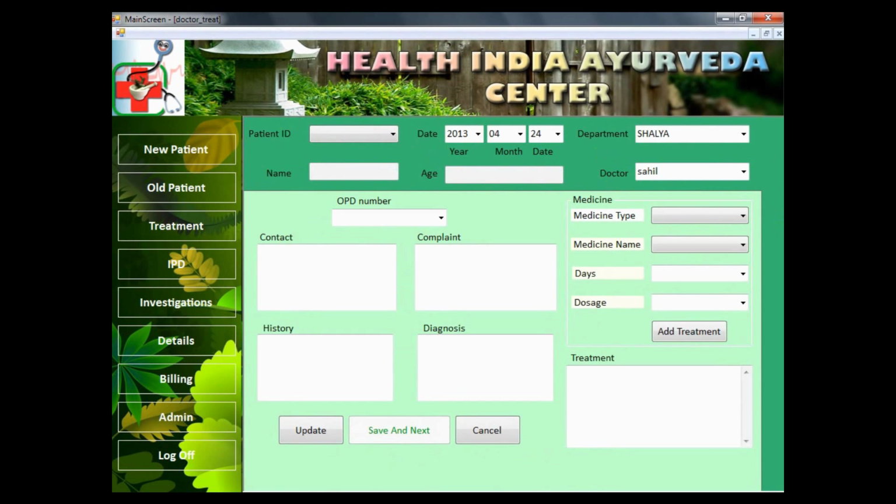Now the treatment. This screen belongs to the treating doctor. The doctor can select any patient ID, its OPD number and fill in the necessary details like complaint, history of the patient, diagnosis of the patient,